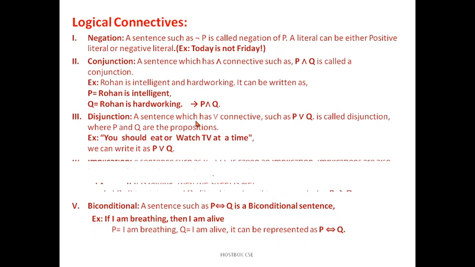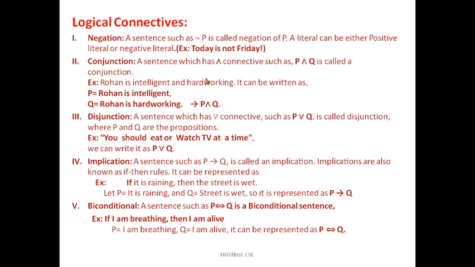So there are 5 terms that are very important. Logical connectives are operators that will be useful for propositional logic. The point is we can't predict the values, and there are also some connectives always required. The first one is called negation, another is conjunction, another is disjunction, another is implication, and another is bidirectional, or you can say if and only if. Let's see them one by one with an example. If you understand this, you can easily catch the truth table, true or false, and so on.